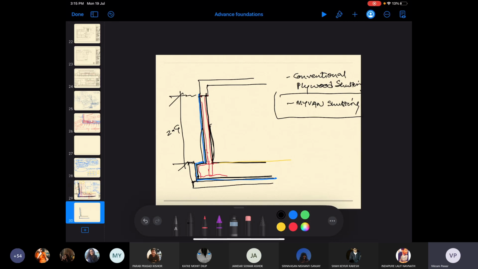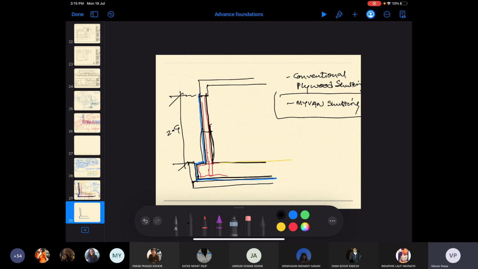So for that reason the concrete needs to set before you start pouring the next layer. Only when it is set is it able to take the load which is coming on top of it, and it will not put the stress on the shuttering. So if you want to reduce the cost of the shuttering and contain it, then you have to operate within this 1.2 meters.